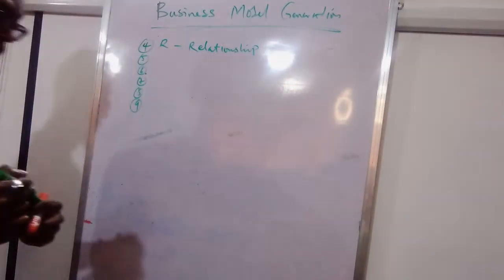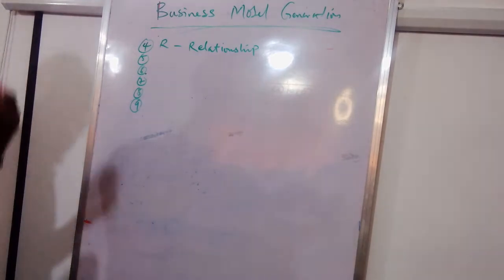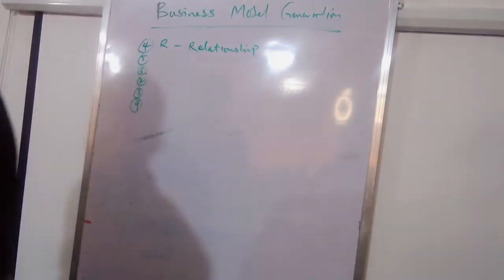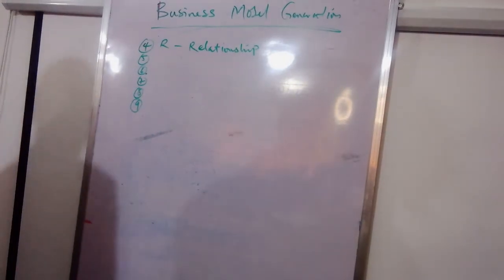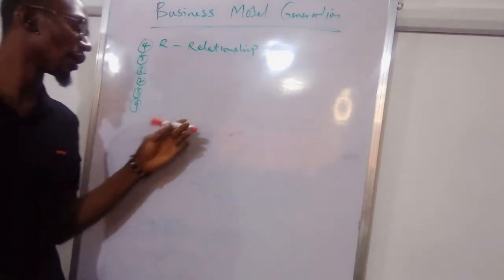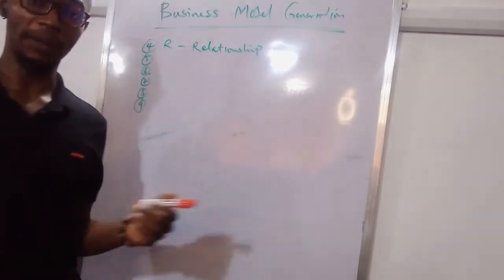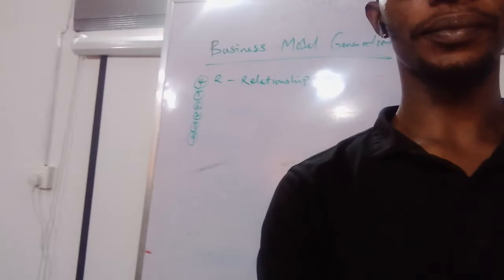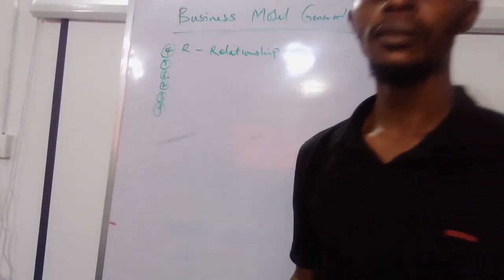So number four is relationships. It's about what kind of relationship you will be having with your customers. Depending on your line of products, most of what I work on is digital products, applications, web, and all that. So most times,